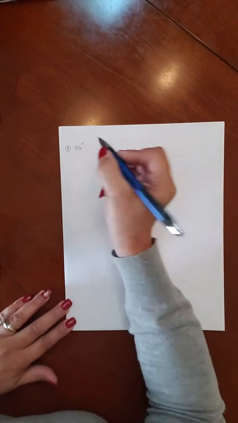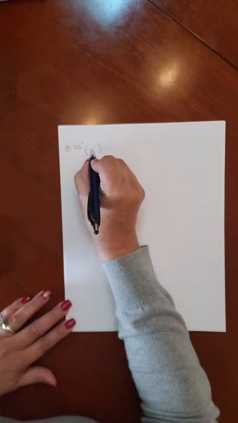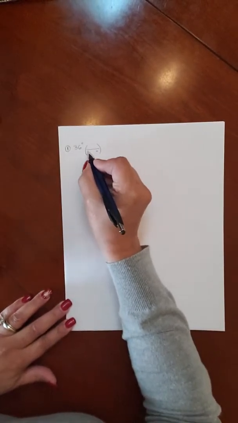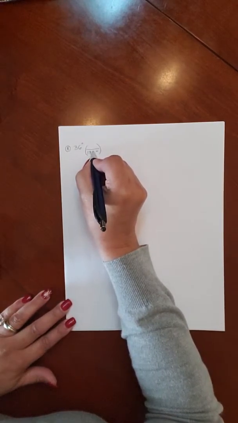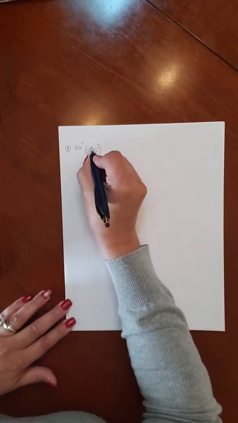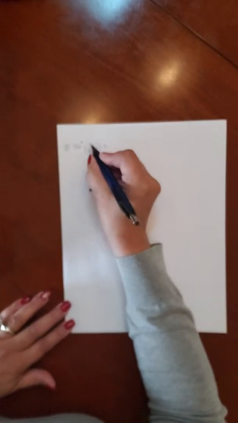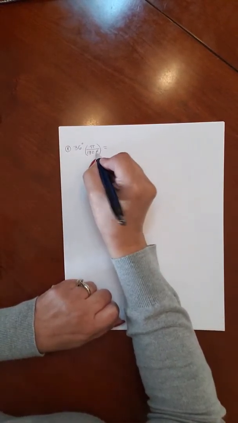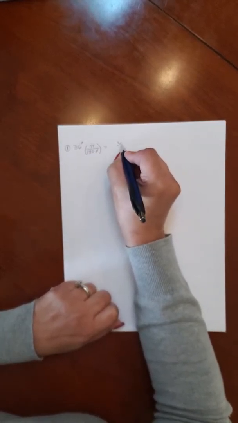You're given an angle in degrees and you're being asked to convert to radians. So you want the degrees to go away, therefore it has to be on the opposite level, in the denominator, so that it'll cancel with this. Pi radians is equivalent to 180, which is what these fractions are made of, two things that are equivalent. The degrees cancel. You end up with 36 times pi